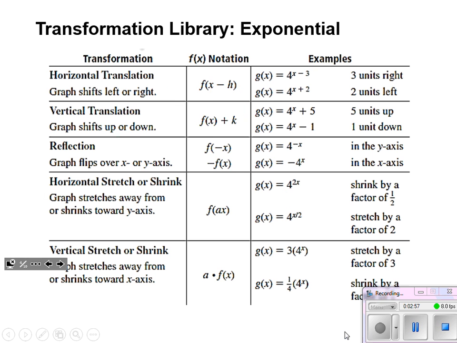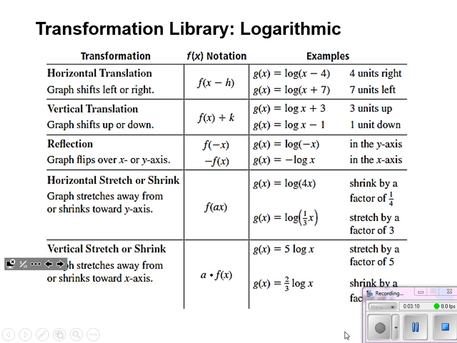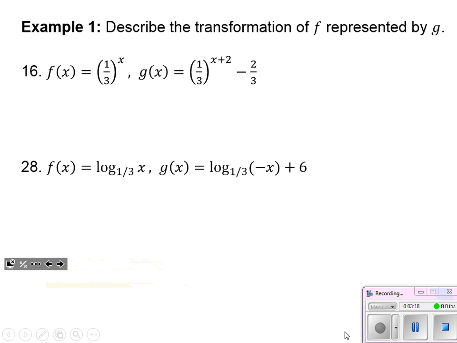Right, to illustrate this, I've included this out of the textbook. I call it the transformation library, just giving you some examples of different types of adjustments made to exponentials and to logarithmic functions as well. So take those and use them as you will. Sometimes it's nice to have an example to look back to. But we've been doing this for a little while, so I think we should be pretty confident with it. And going right along with that, this should be a pretty quick lesson.